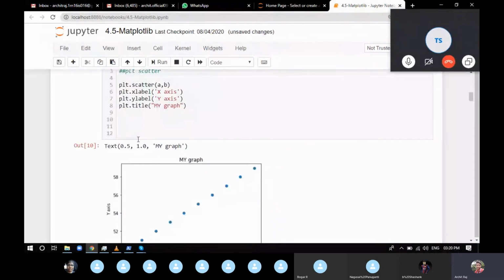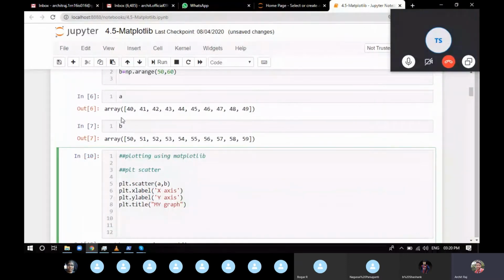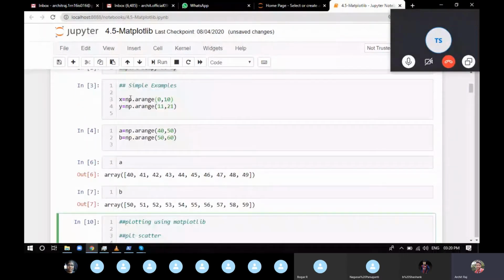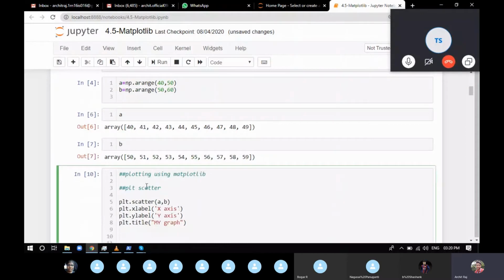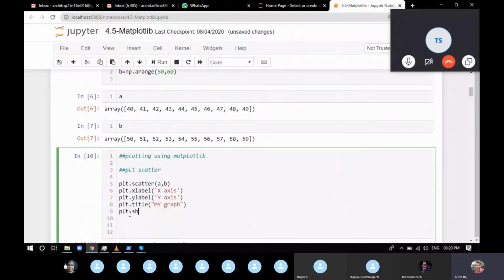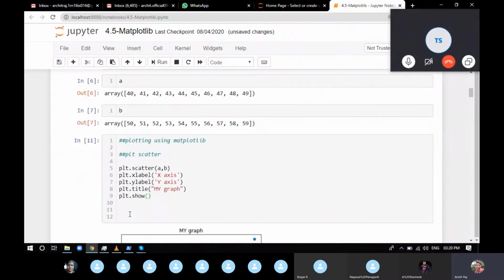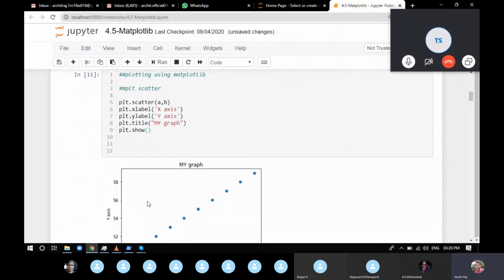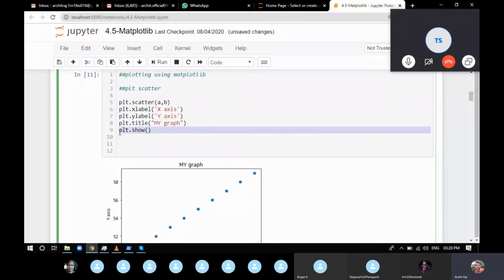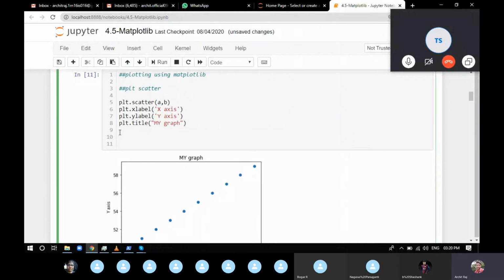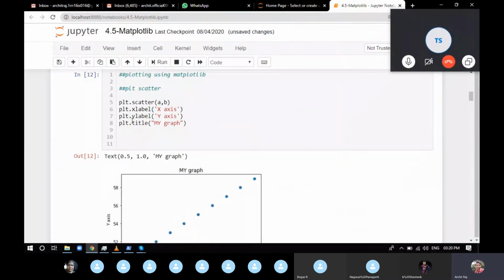Now, this only works in Jupyter. If you're using any other editor like Spyder, VS Code, or PyCharm, you do not have this particular function, matplotlib inline. You have to use plt.show. plt.show has to be there in order to show the graph, because if you don't, you'll only get one line. Just imagine you forgot; how would you know? If you use any other IDE and you haven't written plt.show, what you'll get is only this thing.